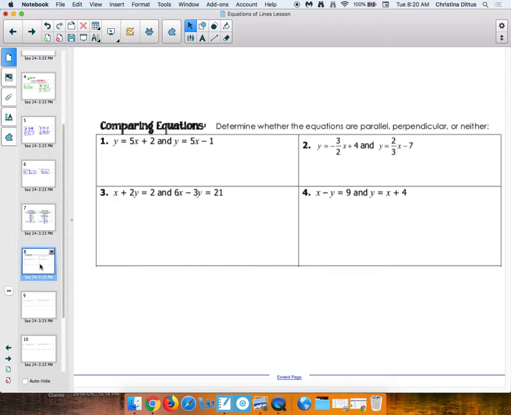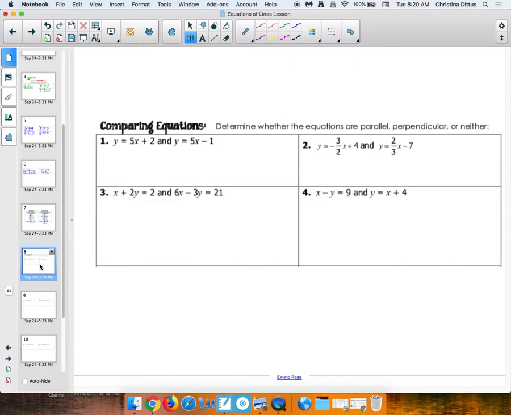What we're going to do is kind of like what we did yesterday, except it's a little more complicated. We're going to determine if they're parallel, perpendicular, or neither. Some of them we will have to change from standard form to slope-intercept. What is it that tells us if it's parallel, perpendicular, or neither? What do we look at? What did you find yesterday? They have the same slope. You look at their slopes. So if their slopes are the same,